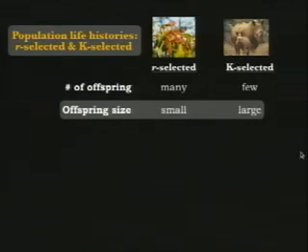Yes. Say that again, please. Okay. Any other points to be made there? Yes, go ahead. The environment is unpredictable, and thus why would many small offspring be of service? Okay, so you're sort of hedging your bets by producing so many small ones where you haven't invested too much in any one, given the unpredictability of the environments that they're seeking. There's more of a likelihood that one will get established.